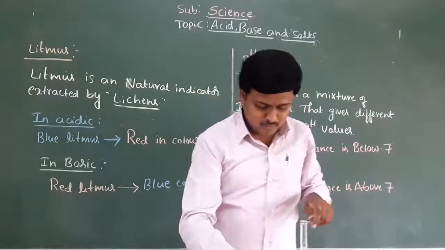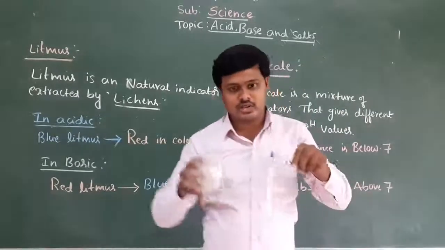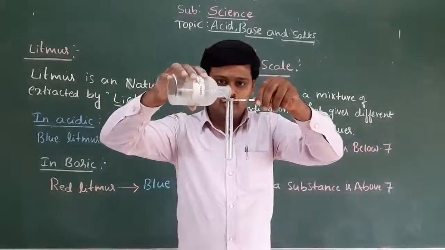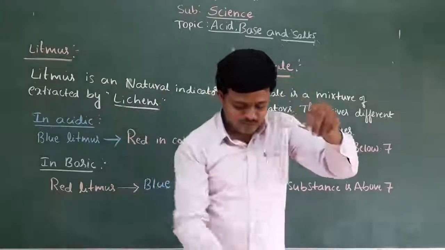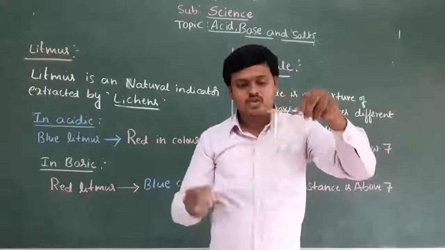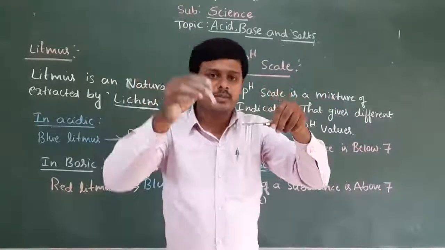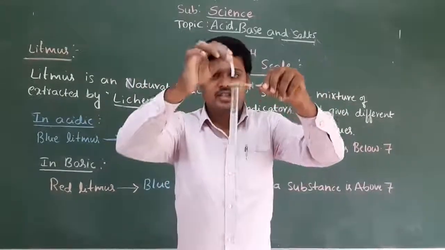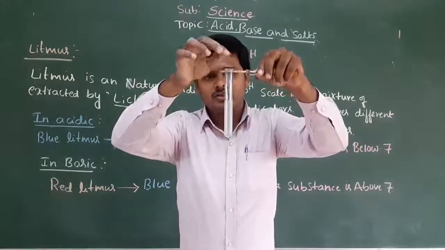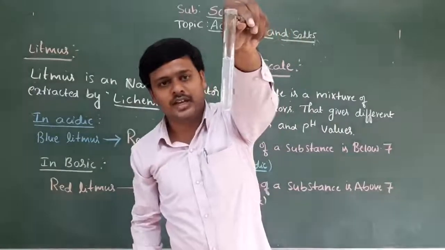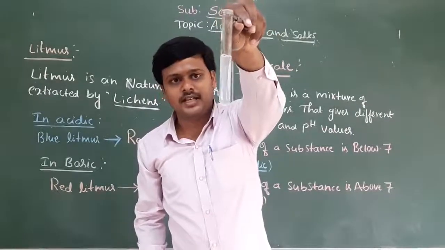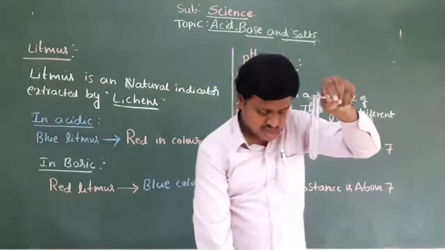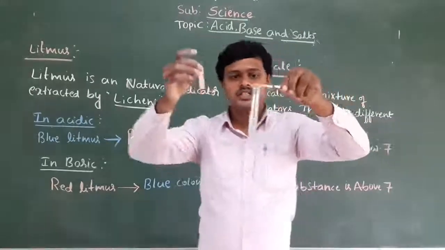For that I am going to take ammonium hydroxide solution. I am going to pour a small amount of ammonium hydroxide solution into the test tube. Observe carefully. I am going to add the blue litmus paper into the test tube. Observe what changes you see. There is no change, children, right now. The blue litmus paper remains the same. But observe, some changes will happen.